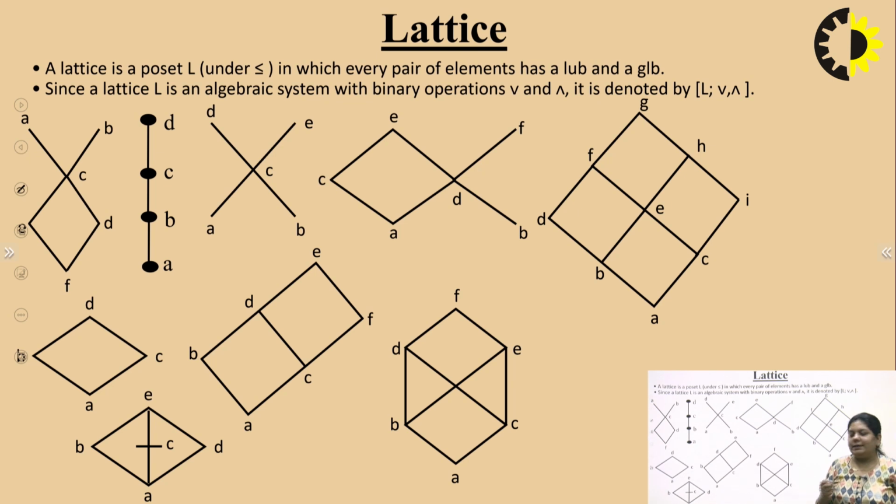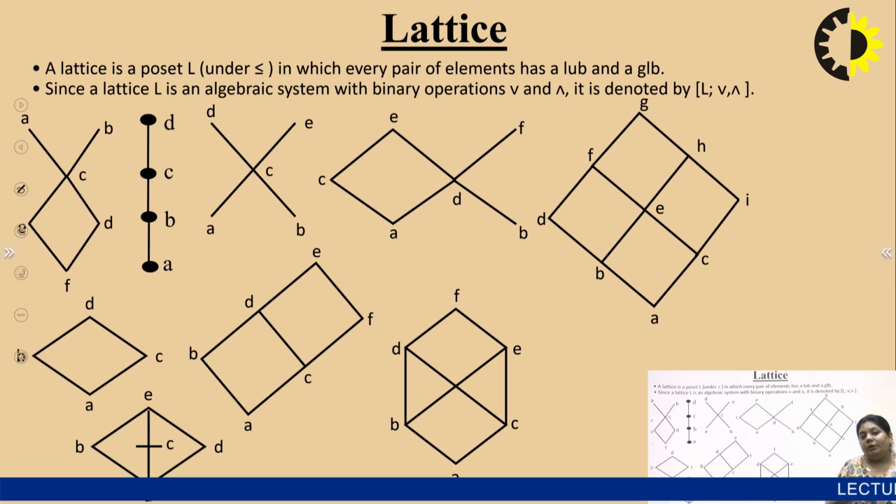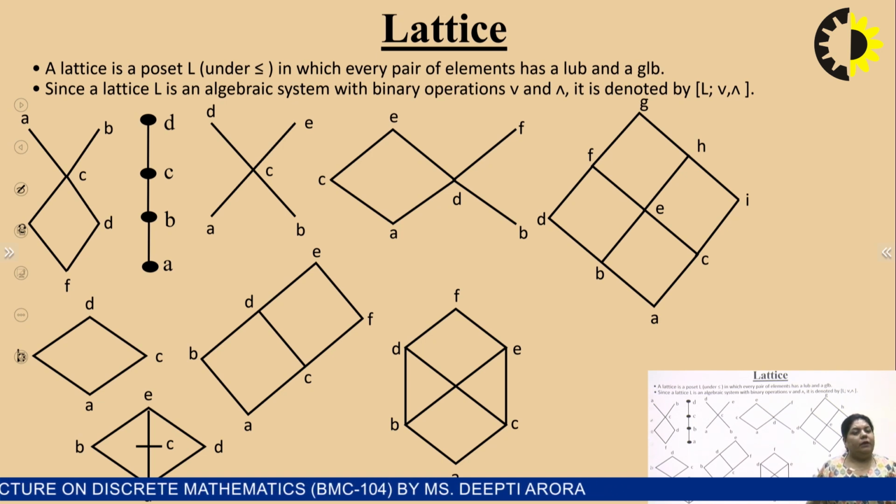To prove it as a meet semi-lattice, we search for the single bottom. And for join, what do we search? We have to search for the single top. If in a Hasse diagram we see that there is not a single top or single bottom, we can definitely say that it can't be a lattice because no element is related to each other. So that's the reason we will say that this can't be a lattice.